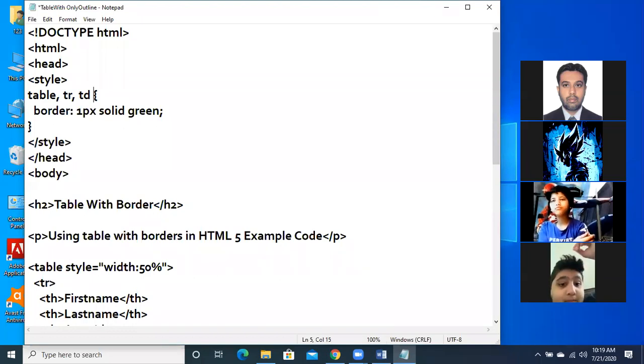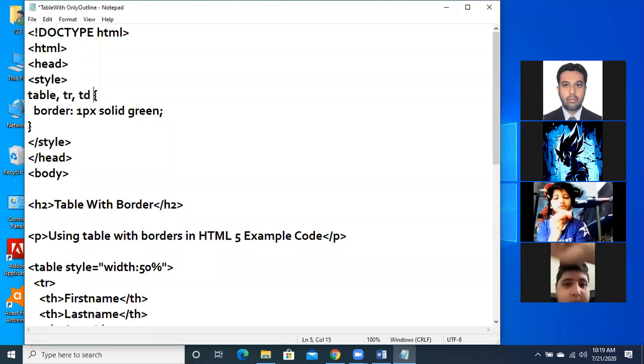The tags for which we are going to mention the attribute in the curly brackets will be mentioned. So now the border will be applied not only to the table but also to the table data and table rows.